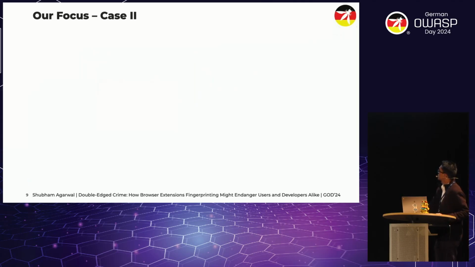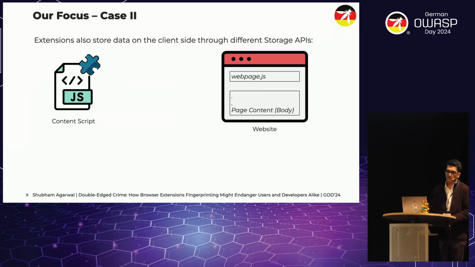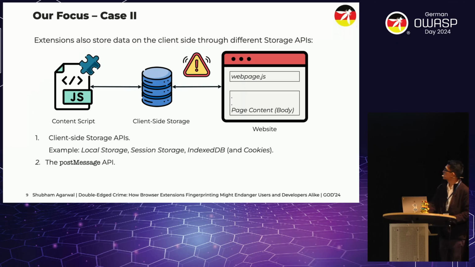And then there exists another case. Extensions might need to store data on the client side. Of course, they have dedicated APIs for that, but they may still go ahead and use the web storage APIs, or the APIs that are basically available to websites as well. How might that look? Well, if we are talking about, for example, local storage or even cookies, because traditionally cookies were used to store data, or even IndexedDB,